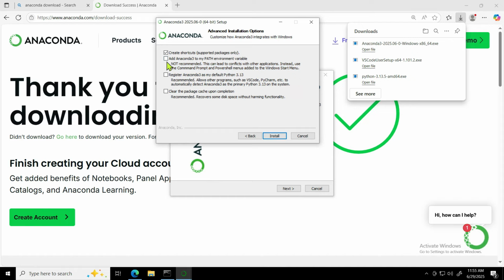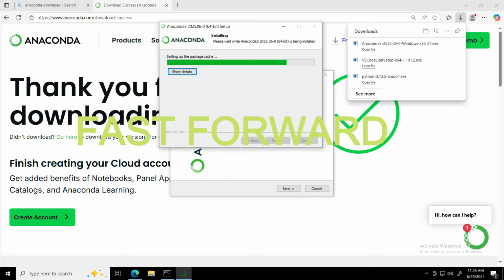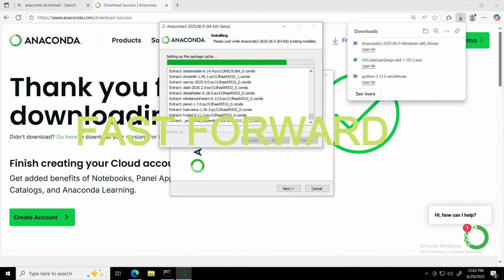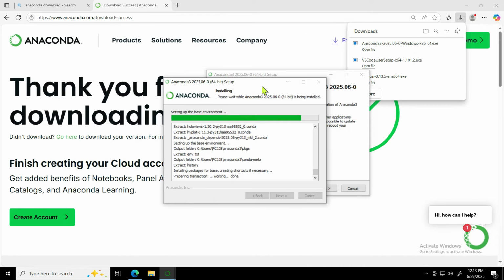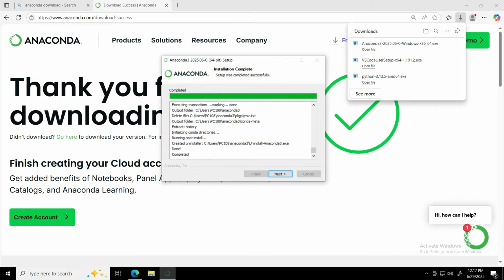I will just leave it as default and I will press install. Finally, installation is completed. So I'll press next